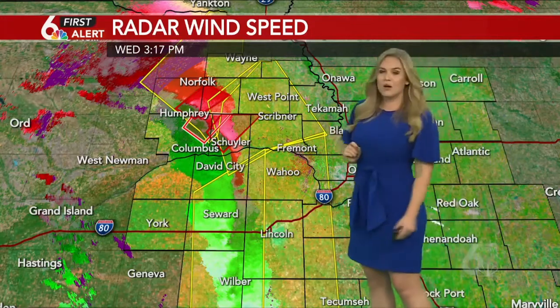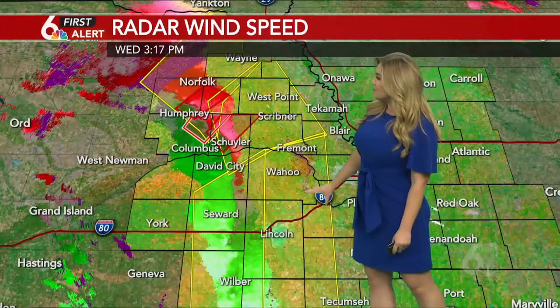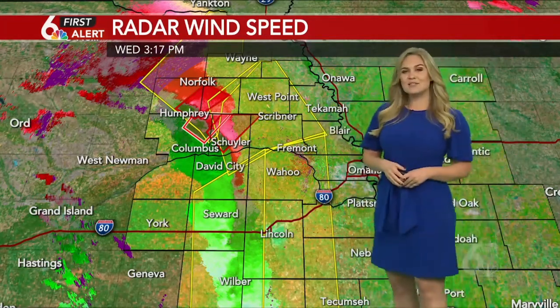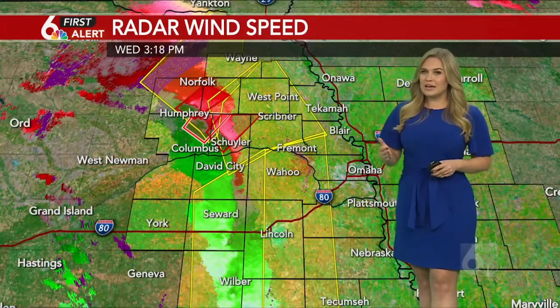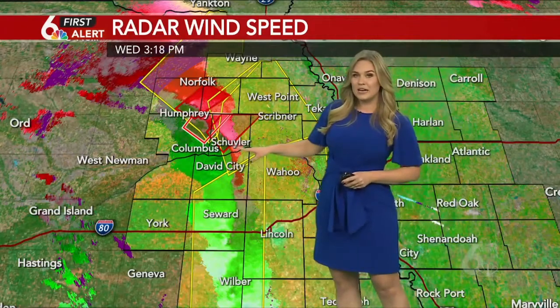Again, that strong wind threat is going to be the biggest concern. This is why we have all of these severe thunderstorm warnings in place way ahead of this line of storms. It's because of that threat for up to 80-mile-per-hour winds. And that, again, brings in the concern for some tree damage, some power line damage, and power outages. And with that in mind, because we do have this tornado threat, make sure you have your severe weather plan in place. Make sure you have a way that you can stay on top of those watches and warnings, especially with that threat of tornado warnings heading our way as we move through the afternoon